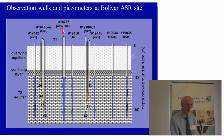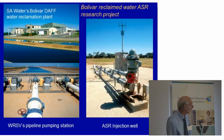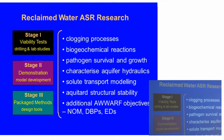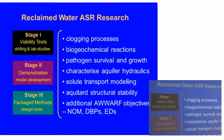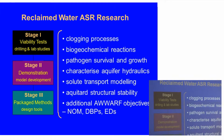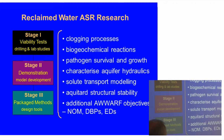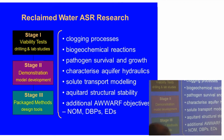So it's a very thin base to work on one site, but there was enough effort went in that helped us to get over some of the principles across. Okay, so that's just showing some of the pictures of this operation. So what we were looking at were clogging processes, biogeochemical reactions, pathogen survival, aquifer hydraulics, how much could we recover of the fresh water that we put into a brackish aquifer, some solute transport modelling, looking at where we're going to have impacts on other users of aquifers in this area, looking at aquitard structural stability,